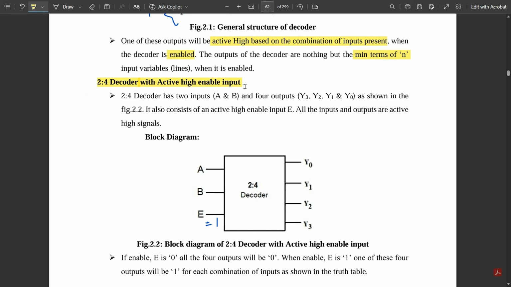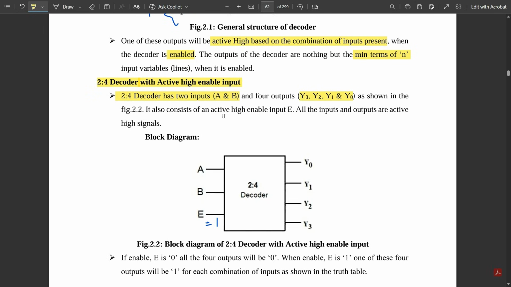Okay, if they ask like that, what all do you need to be writing? Let us see. Firstly, write the definition of a 2 to 4 decoder. As the name suggests, it has two inputs, given two random variables, that is a and b, and four outputs y3, y2, y1, and y0, as shown in